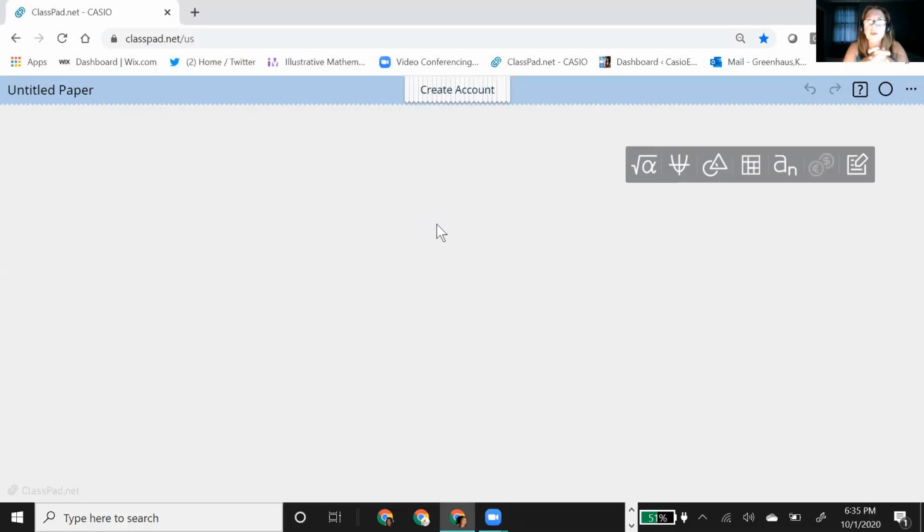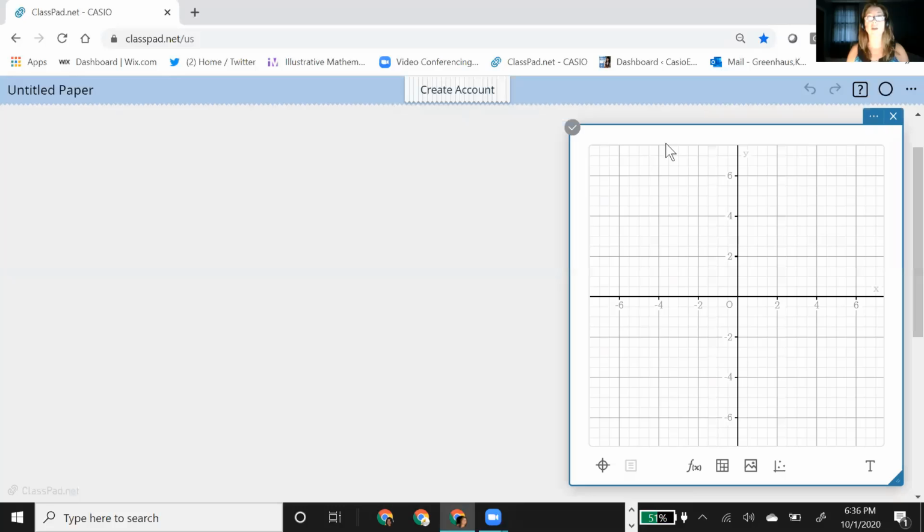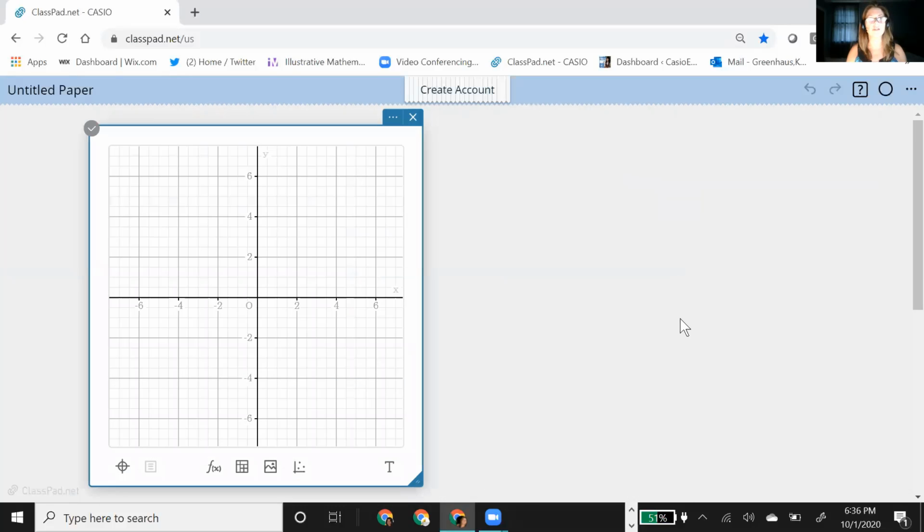And so for that, most of the time today, we're going to be in the graphing functionality and in the geometry, because these are the main two where you can use sliders, create sliders to help you visualize. And there's a brief one in statistics, and if I have time, I will show you that, but I really want to kind of focus on these two. So if everyone can hit graph and open just a graph space, so this is a sticky, move it wherever it makes sense to you.